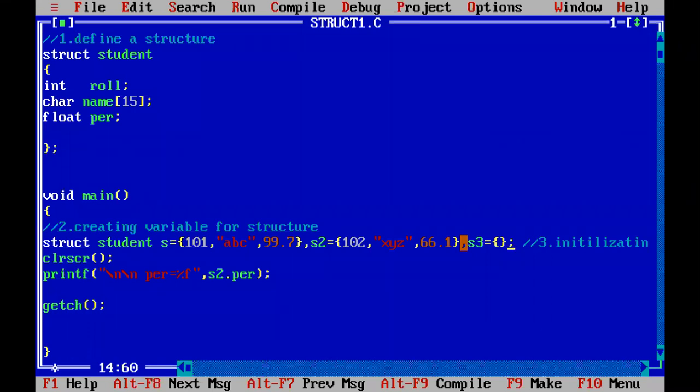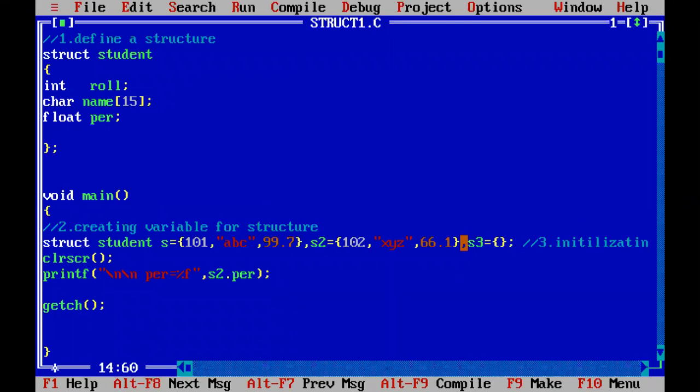When memory is occupied for that roll number, name and percentage under S, we will initialize. How do we initialize the array variables? In the same way, we will open the brace and we will close the brace. In between opening and closing braces, we will give all the values into the structure members. So for S we created, for S2 we created, for S3 also we created, we initialized.